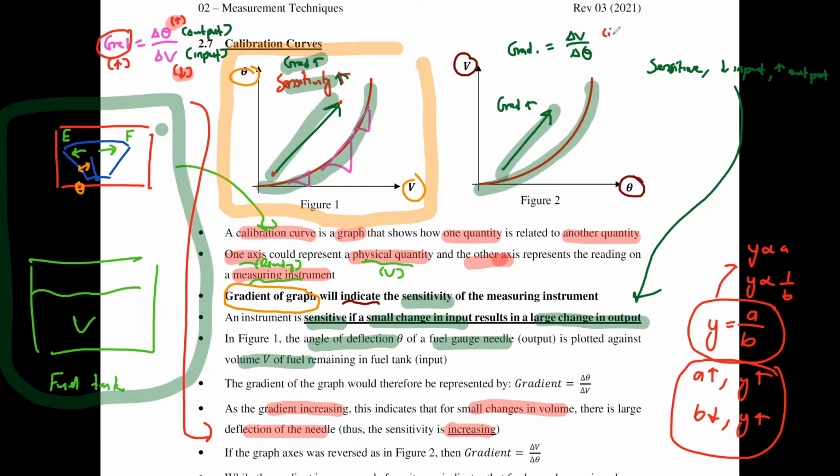This one is my input. This one is my output. When I look at this one, the gradient is actually increasing. That would mean that this one is increasing, but then this one is decreasing. You see that I would need to have a large input for a small output. This one is actually telling me sensitivity